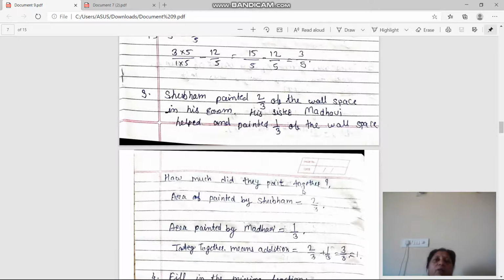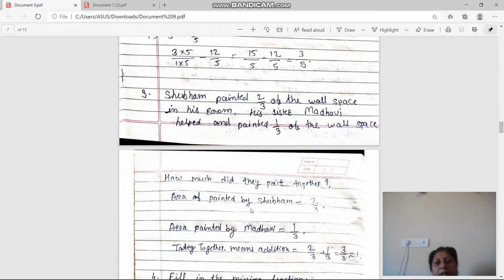And the second thing, you have to find out the magic words. So which are the magic words? Here which is the magic word? Together. Together, in all, altogether, that indicates you have to do addition. Then less than, greater than, by how many, it indicates that you have to do subtraction. Get it? Then multiple of or 2 times, it indicates multiplication.